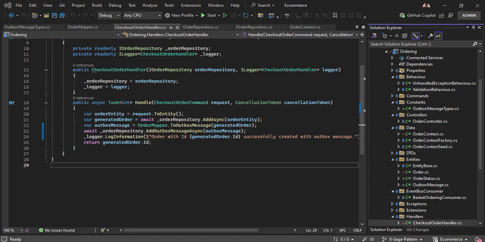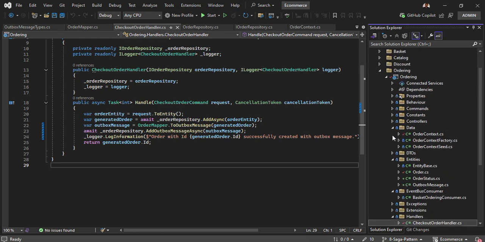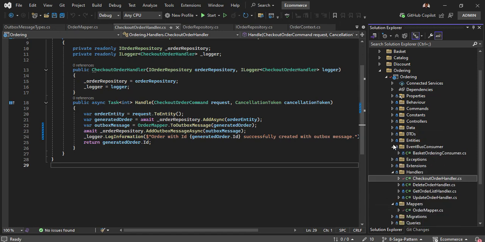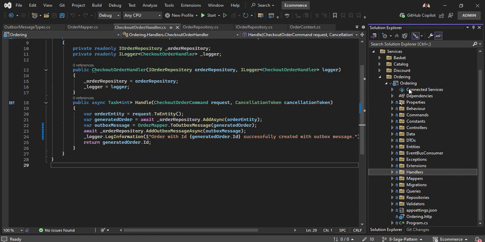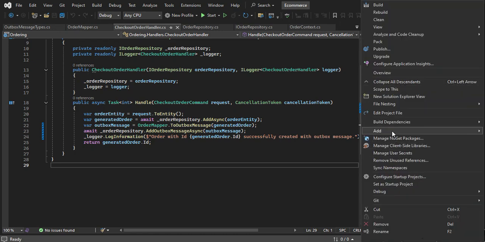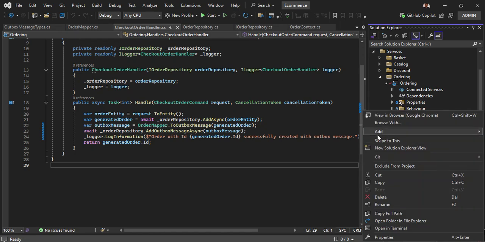Alright, so now let's go ahead and implement this dispatcher. Let's keep this in its own folder, right? So let me just collapse everything, and what I'll just have here is add new folder, which is going to be dispatcher. In here I'm just going to create this outbox message dispatcher,